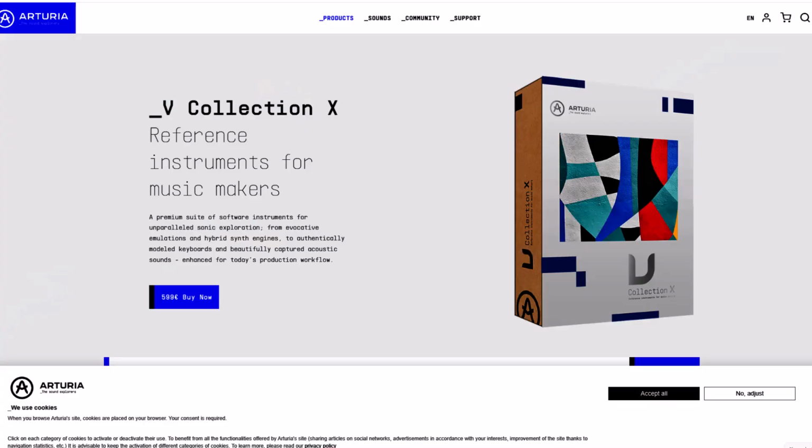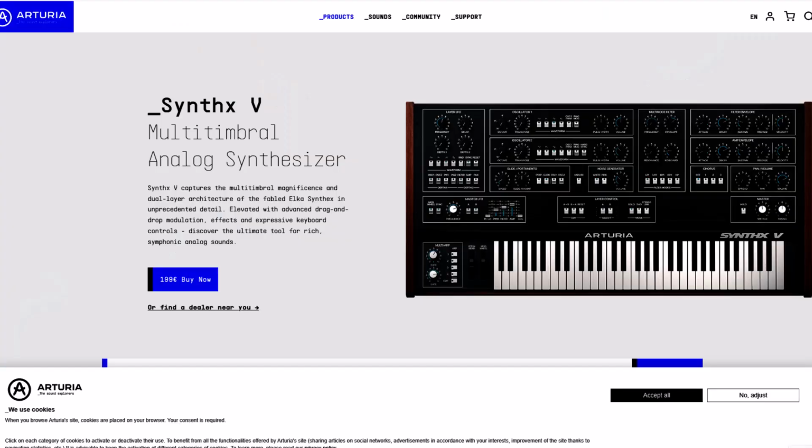So not long after buying the FX collection, I was persuaded to buy the V collection 10. I already had V collection 8. I didn't upgrade to V collection 9 or 10 initially because there actually weren't that many instruments in the collection I thought were worth having. And also, as I've said in other videos, I don't think Arturia is treating existing customers very fairly. However, I was persuaded to upgrade to V Collection 10 because Arturia threw in Synth X, which is an emulation